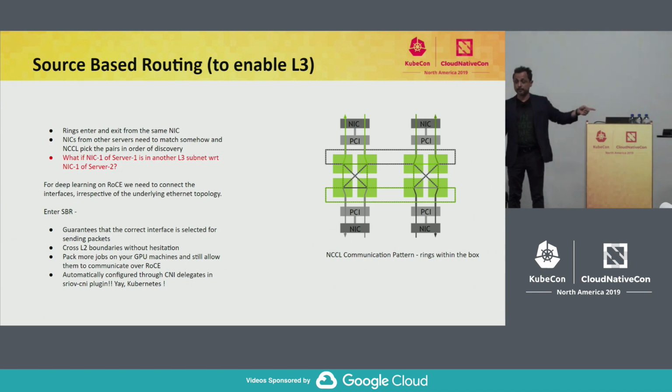Well, you need source-based routing here so that when your deep learning framework is trying to share parameters, it consults the source-based routing and says, NIC 1 will always go from NIC 1. You choose the source interface and you choose the destination interface, and you need this plugin to make this work. So we all put this together. If you have a quick question I can answer now, we can take this later.